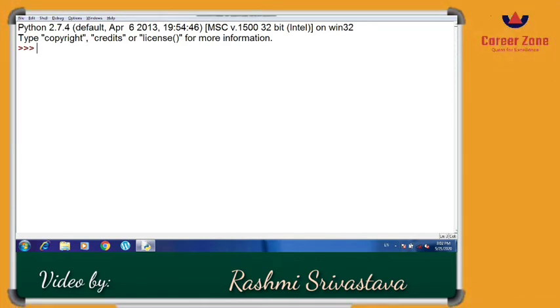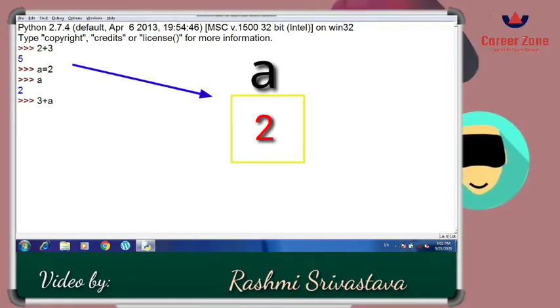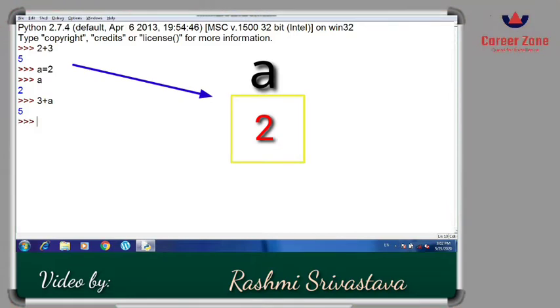In the last video I showed you how we can use the arithmetic operators. It's going to give me the answer 5, wherein 2 plus 3 is equal to 5. Can I write a is equal to 2 here? Yes, of course I can write. So if I write a is equal to 2 and I type a, then it is going to give me the output 2. Why? Because 2 is stored in the memory in a variable a.